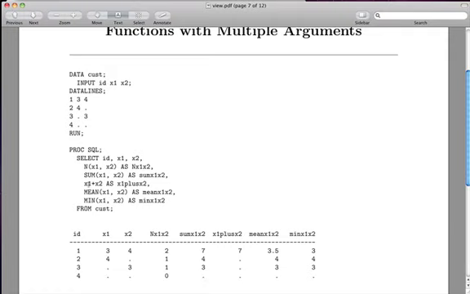Contrast that with the plus operator. If we did x1 plus x2, notice what happens. 4 plus missing is missing. 3 plus missing is missing, and so forth. Note mean averages whatever it has, and then min finds the min of whatever it has. So again, if you understand how to do this in a data step, it's pretty much the same in a